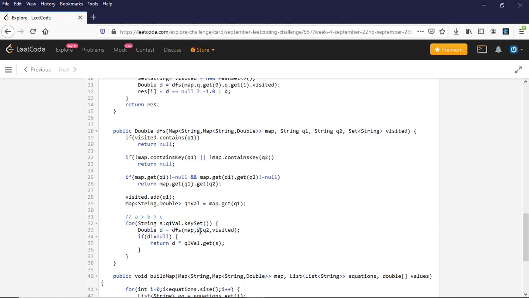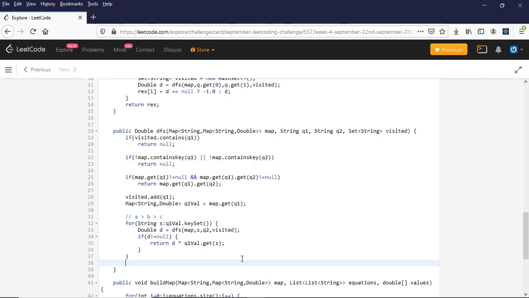So here we are passing B and we found B to C, so this returned me the value of B to C. Now if I need to return back, right, I need to also multiply the value of A to B, right? So that's what we are doing here. So D is the value of B to C and q1 val dot get of S will give me the value or the path of A to B, right? What is the weight for that particular path A to B? So that's what we are doing here.